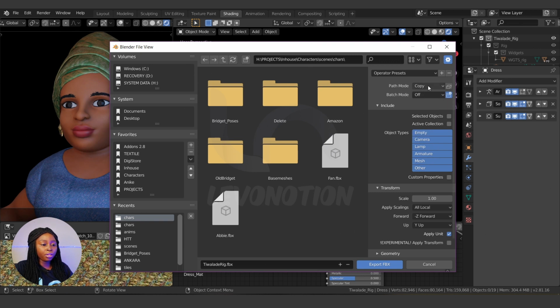When you click on copy, the only other thing you need to do is click on this icon here, this pack embed texture icon. By clicking on this, if I export my files now, all the textures that were packed in my Blender file will be packed in the FBX files. If I change this back to auto, you see that this icon here is grayed out. So make sure you are on copy and make sure you click on this icon. So those are the two major things you need to activate.